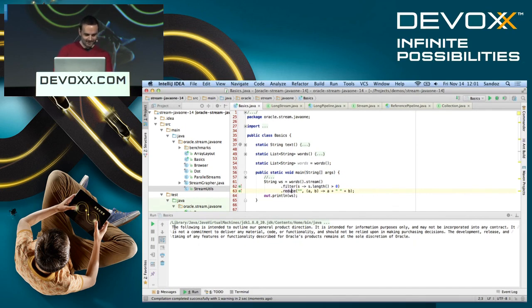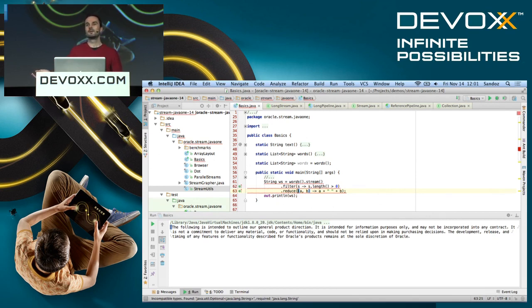But yes, there is a rogue space there, because the first value that we reduce on, the A there, will be the empty string, and the first value in the stream will be B, which will be the word "the", and we start off from that point. So we could say, let's get rid of this first value. I don't want it. But we now have a problem, because if we don't have an initial value or a base value, if the stream is empty, what do we do?